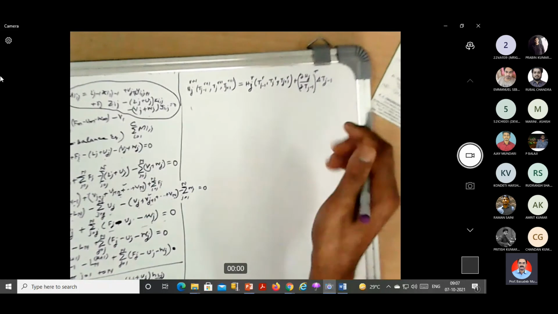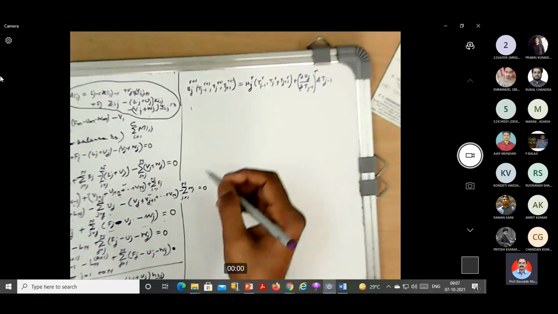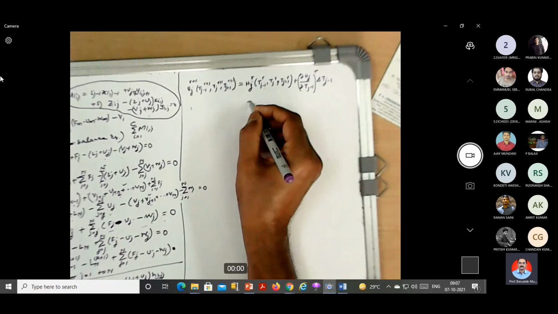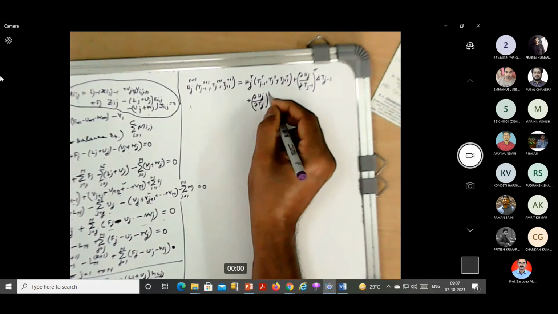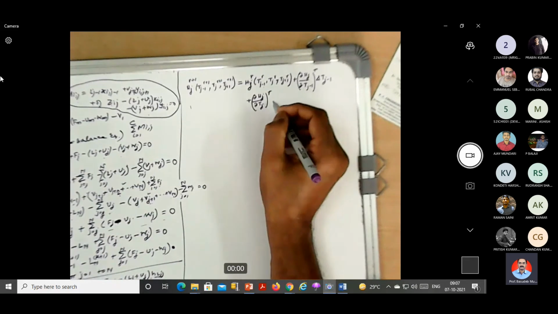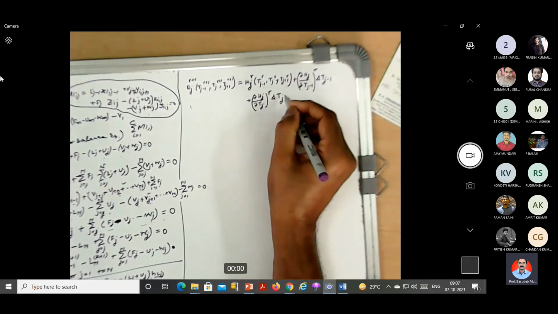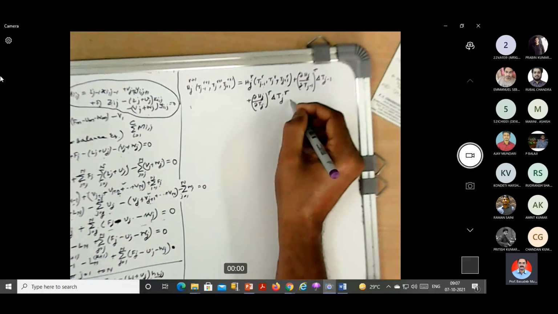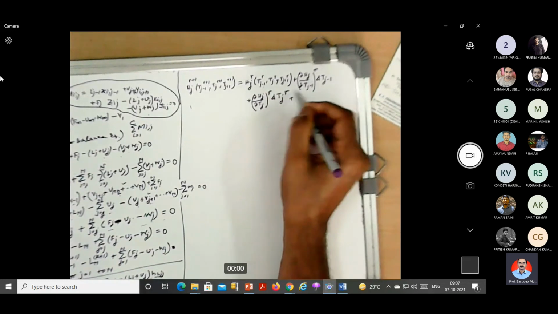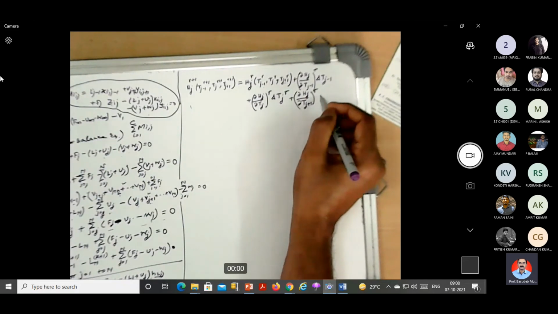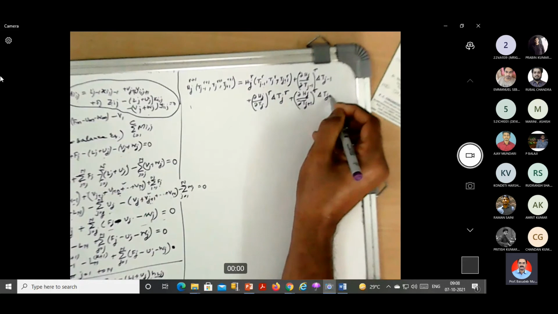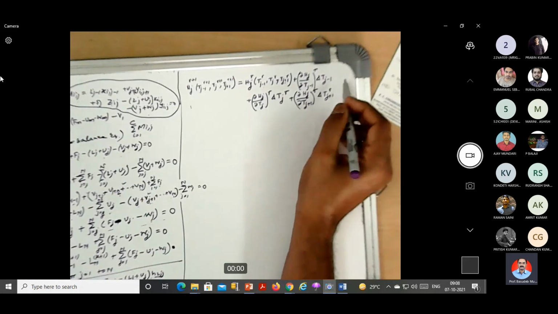So delta Tj minus 1 is there. Similarly, we can write the derivative term of Hj with respect to Tj at the previous iteration level into delta Tj at the previous iteration level, plus we have another variable Tj plus 1. Let us get the derivative of Hj with respect to Tj plus 1 at the previous iteration level into delta Tj plus 1 at the previous iteration level. Okay, these are the differences.